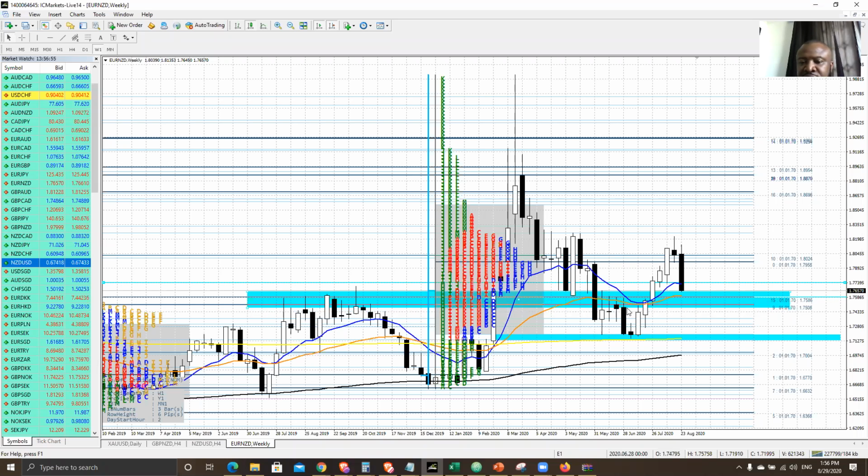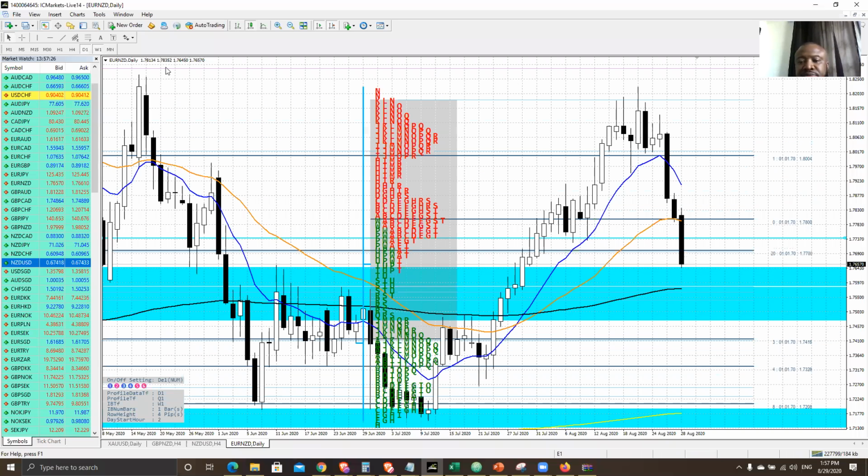So this is just a pair where, when I see the force clearly like this, I'm not going to be looking at the support. I'll be thinking, everything is telling me that this support can break. So chasing this support over here, it can even be a thing where price hits it, we have a bit of rejection, and then we come to sell back down. You have to follow what the structure is telling us.